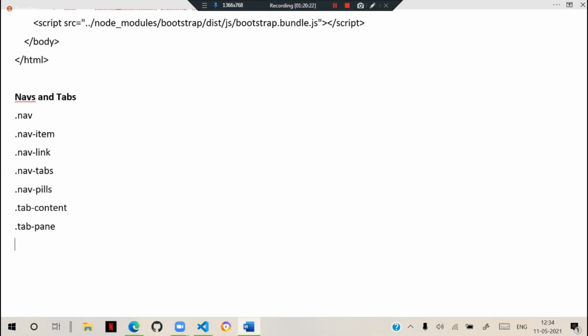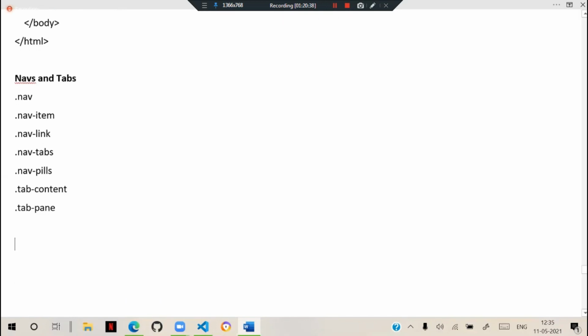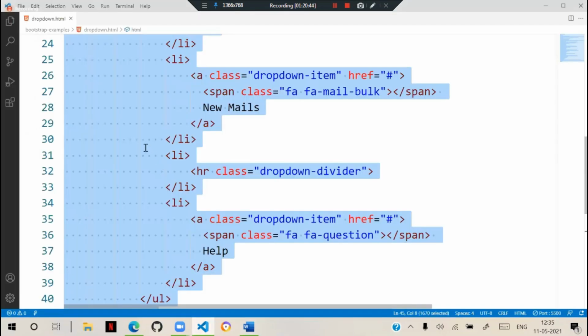So tab content and tab panes, these are the combinations we have to use. How we can manage and use this, I will show you in a simple way. That means the navigation bars, tab based navigations. But this is not a toolbar, it is a tab based navigation.